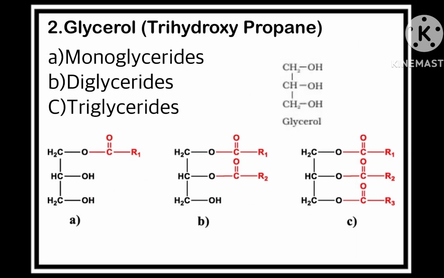Another simple lipid is glycerol, whose scientific name is trihydroxypropane, where tri means 3 and hydroxy means OH functional group. Now many lipids have both fatty acid and glycerol in them. Here the fatty acids are found esterified with glycerol, and by this process we have three different types of glycerides,